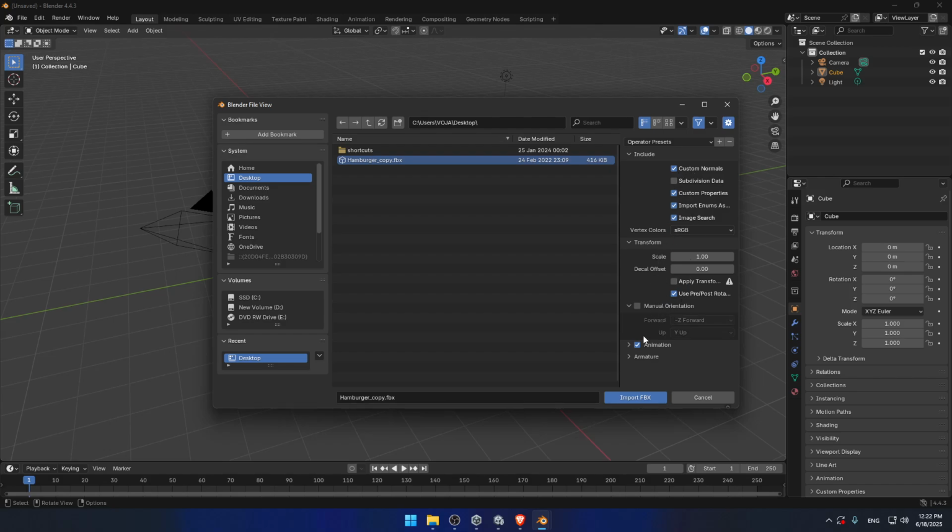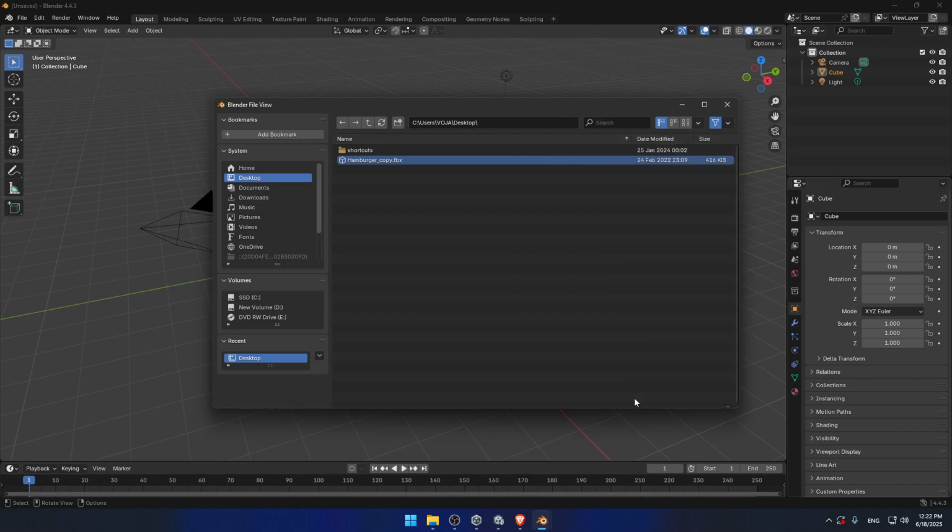Maybe there are some things which I have to check, but I'm a beginner at Blender. Let's say I have no idea what this is on my right side, nor do I want to learn and read those. I just want to import a simple model into Blender. So let's try to do that. Import FBX,